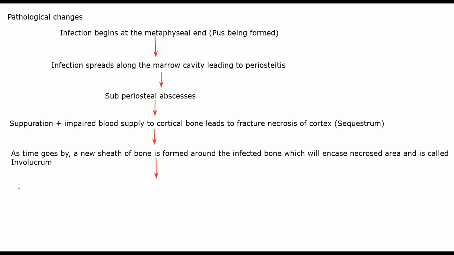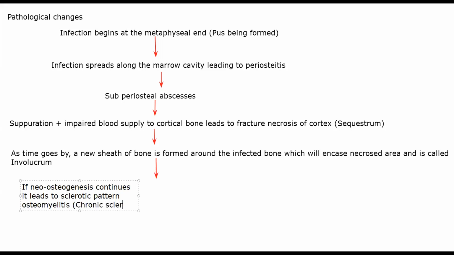As this new osteogenesis goes on, new osteogenesis is literally formation of new bone. If it continues, it leads to sclerotic pattern osteomyelitis. ठीक है, this is called chronic sclerosing non-suppurative